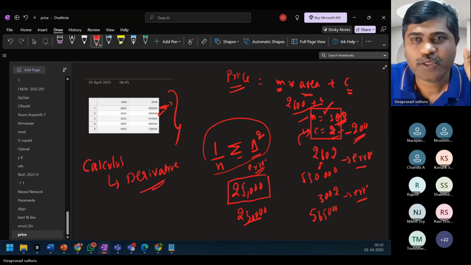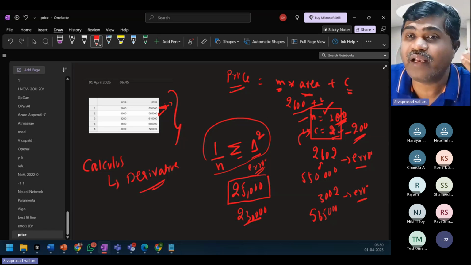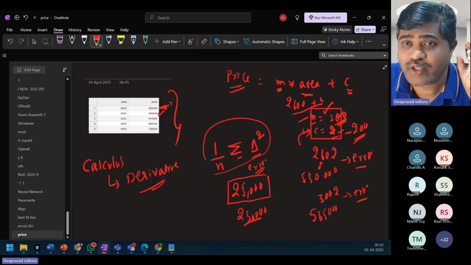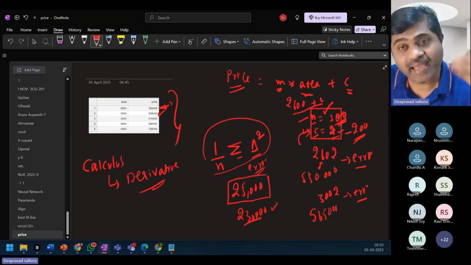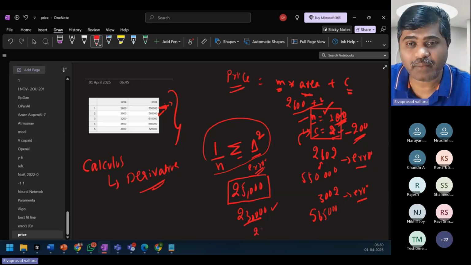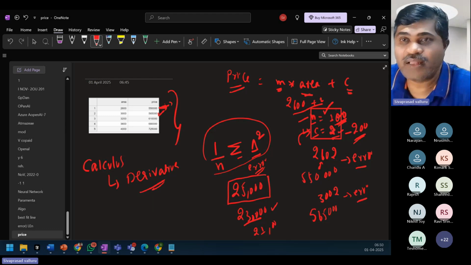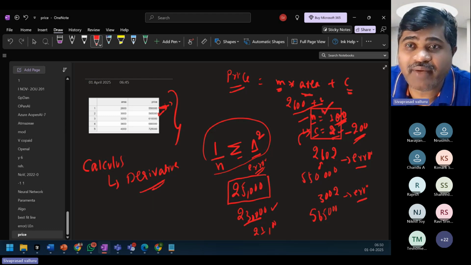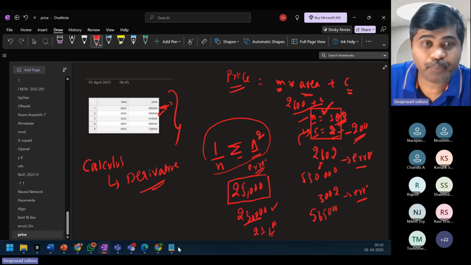It will adjust the values of M and C, then find the error. Again adjust and find the error. Maybe the mean square error is now 21,000. So the algorithm keeps adjusting M and C and computing the error.